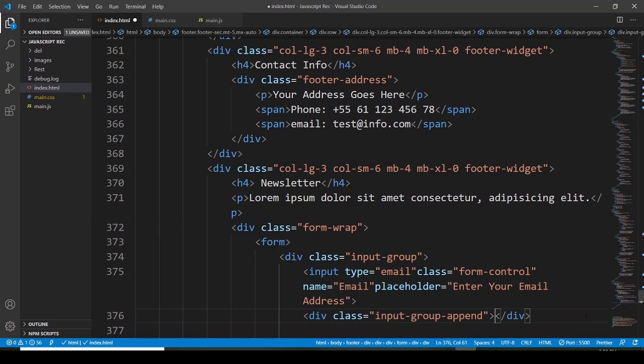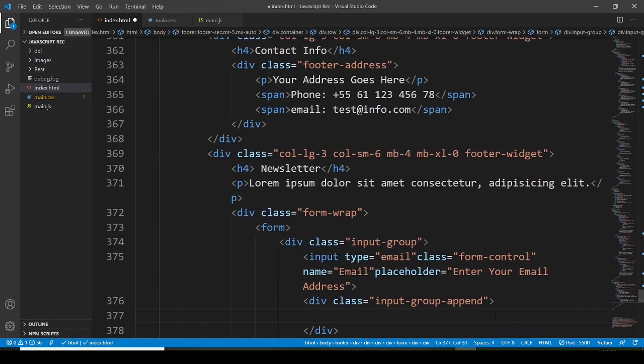I've explained all these things in previous projects. So here we have a button element, and the button class is going to be btn btn-click, and the type for this is going to be submit,